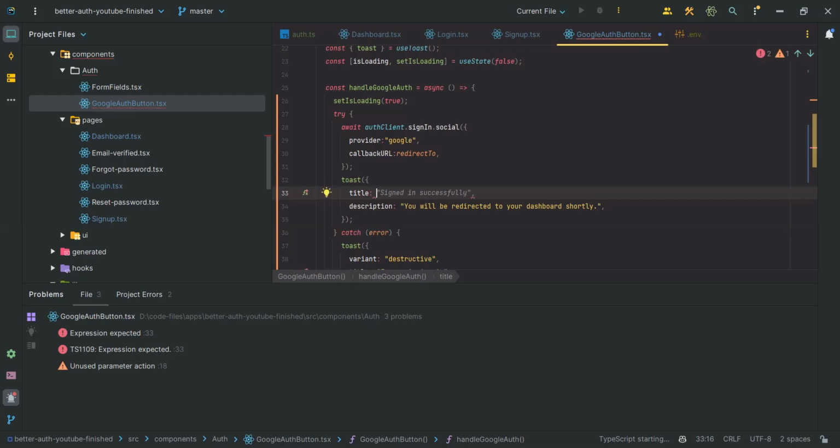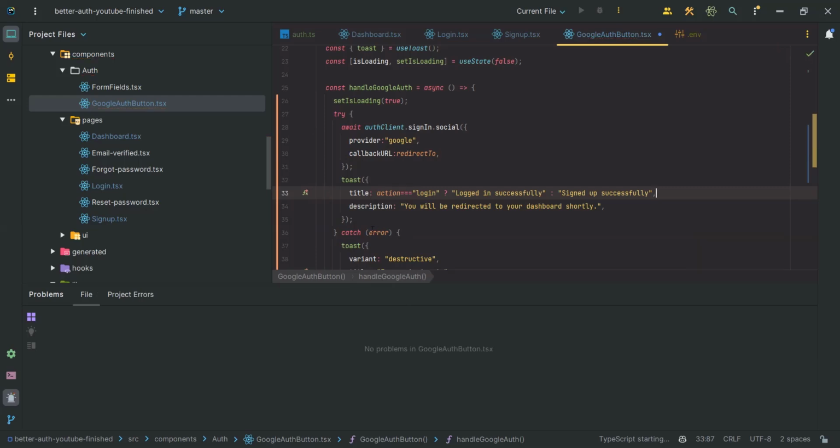So if action equals login, let's save this. If the action is login, we'll say signed in, logged in successfully. If the action is not login, we can say signed up successfully, and the description will be